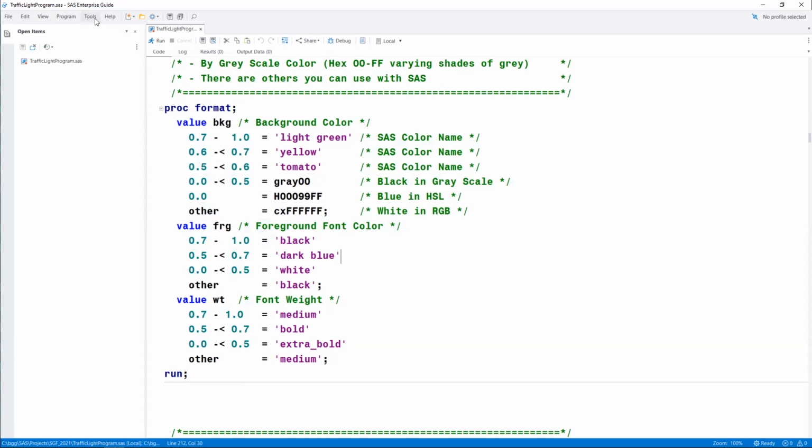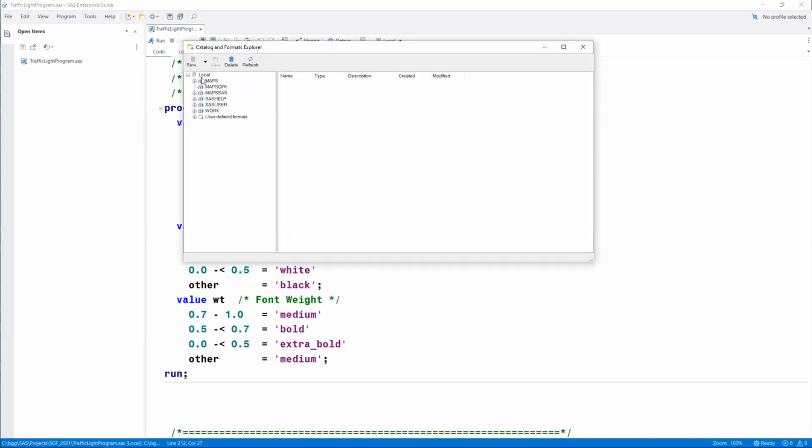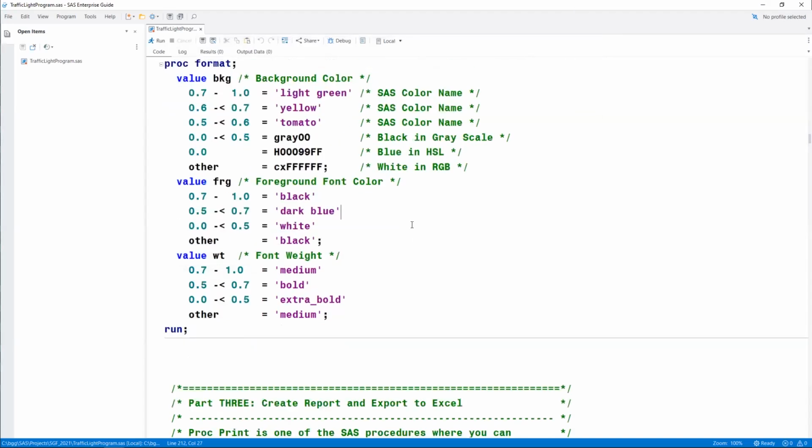In Enterprise Guide, there is a tool, I might as well show you this, that is called the Catalog and Formats Explorer. And now that we've compiled some formats and we place them in our catalog under the work library, I'm going to show you that we can actually see that they did get out there. So I've opened up this Explorer window, and I'm going to go to the work library. And here is formats. And when I click on formats, we can see here are my formats ready to be used, saved in this formats catalog under the work library. So we're a go. We're ready to move forward.